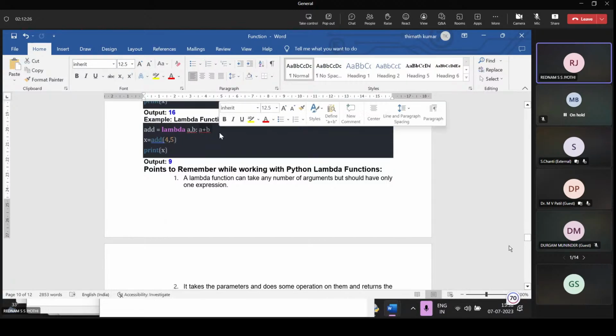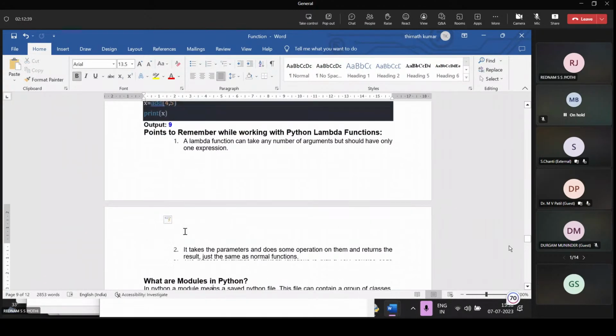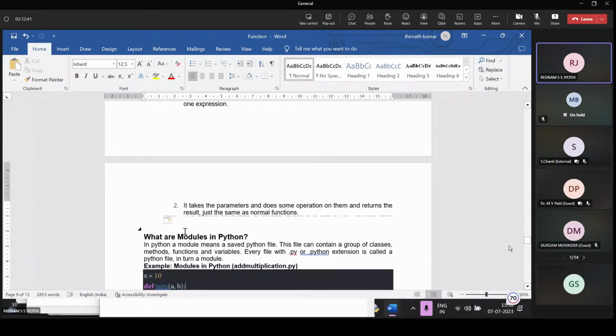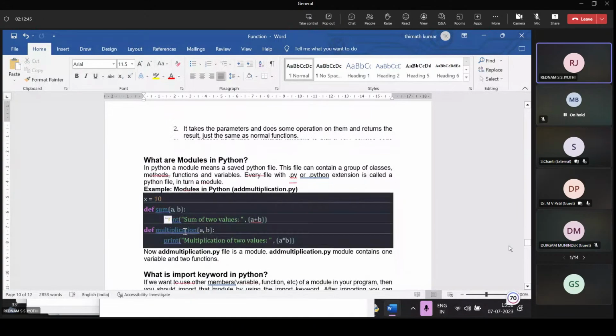The left hand side can take any number of arguments, and the right side contains only one expression. It takes the parameters, does some operations on them and returns the result, just the same as normal functions.